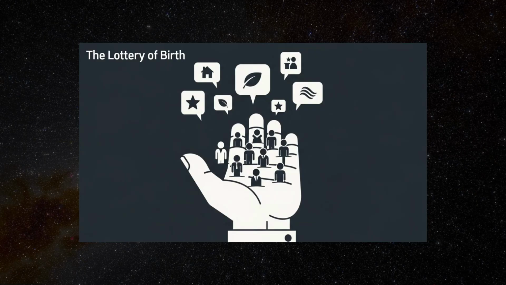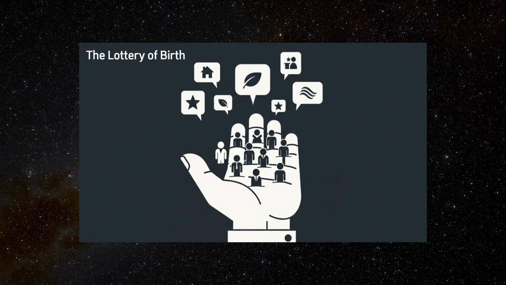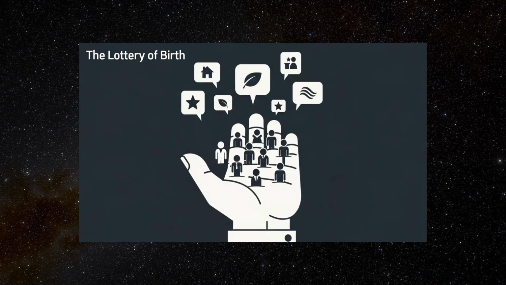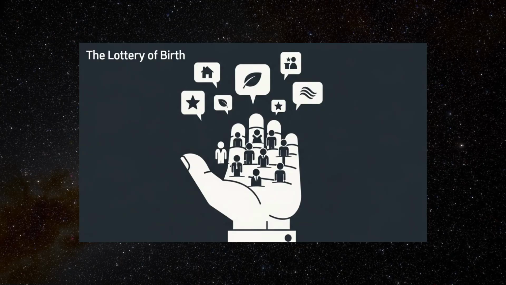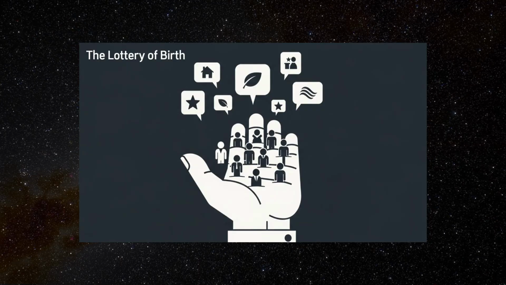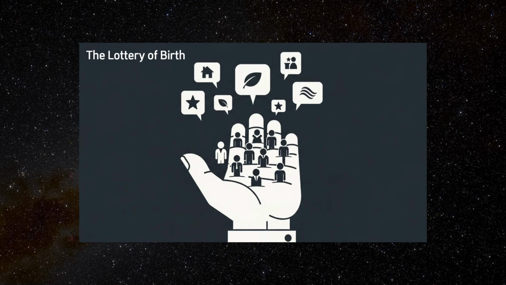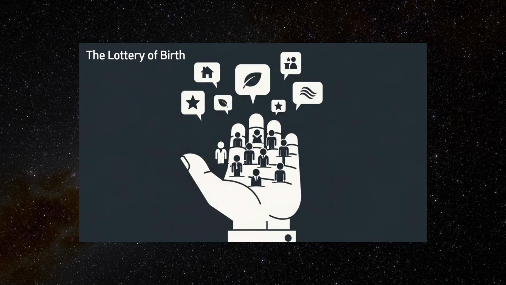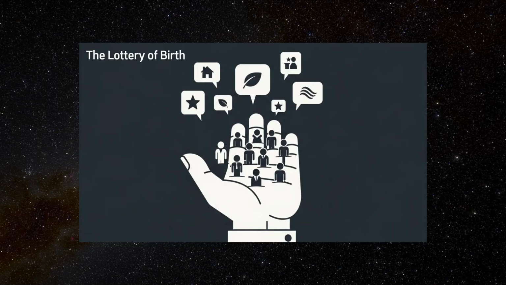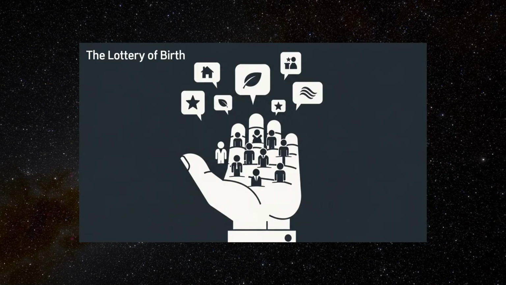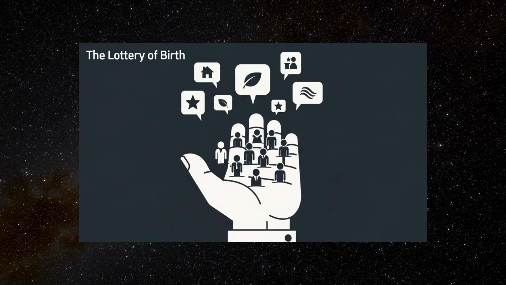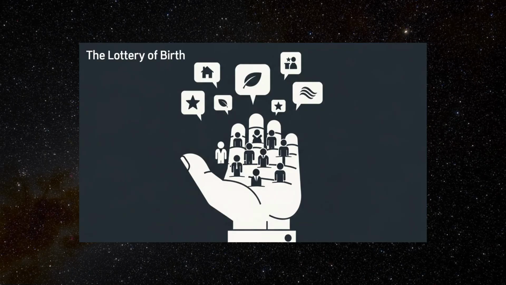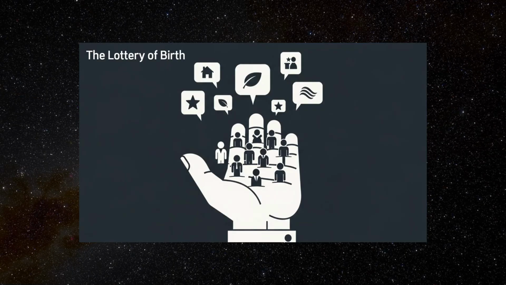The ethical implications are profound. If we take the lottery of birth seriously, it calls into question the moral legitimacy of inherited privilege, raises doubts about the fairness of current economic and political systems, and suggests a stronger obligation to help those less fortunate, not out of charity, but out of justice. It fuels debates about wealth redistribution, affirmative action, immigration, and global aid, and challenges individuals and governments to reconsider how they treat the idea of deservingness.